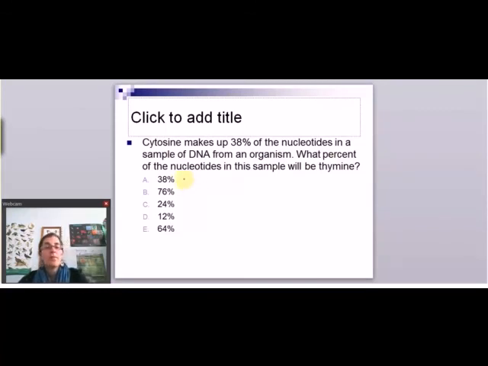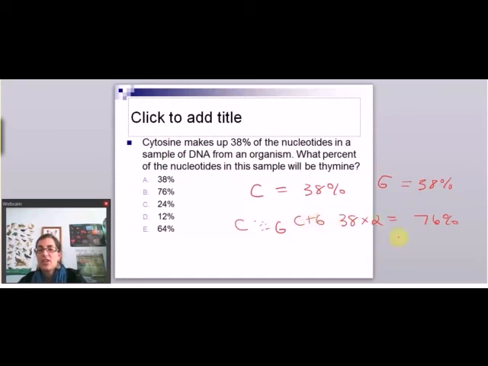So another tool that knowing the base pair rules gives us is the ability to figure out the ratios of nucleotides. So if cytosine is equal to 38% of the nucleotides in a cell, since C base pairs to G, we know that for every C we must also have a matching G. So that means G must also equal 38% of the nucleotides in an organism. So C and G together take up 38 times 2, which is 76, right? So that's C and G.